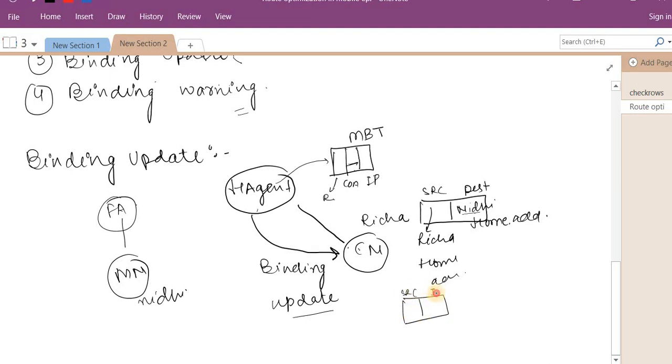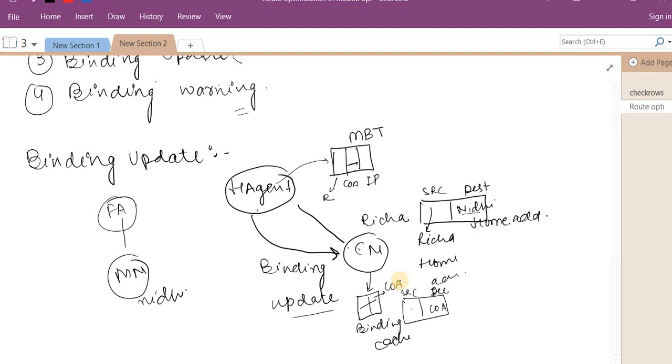In the source ID you feed your IP address, and in the destination ID you use the care of address of Nidhi. Richa will understand and update her table. Richa maintains one cache, called the binding cache. In the binding cache, it will update my location with the care of address. That is called the binding update.